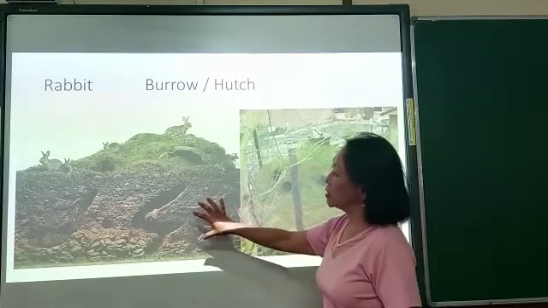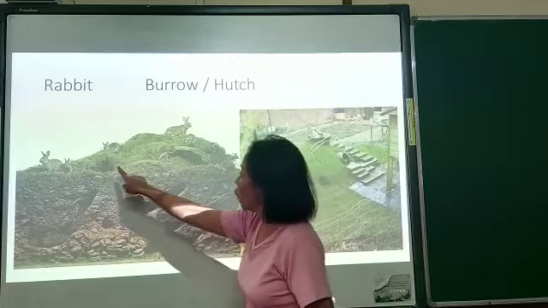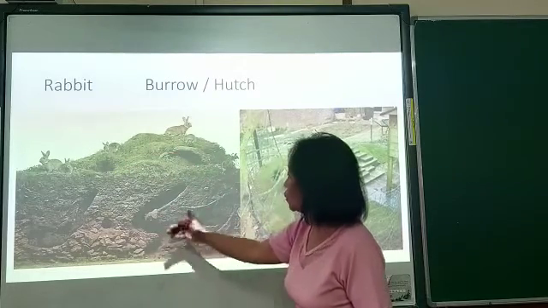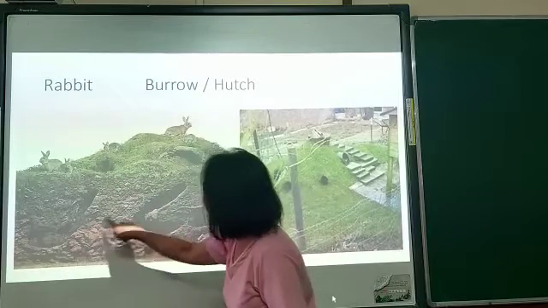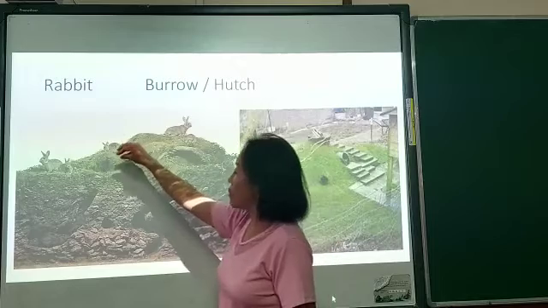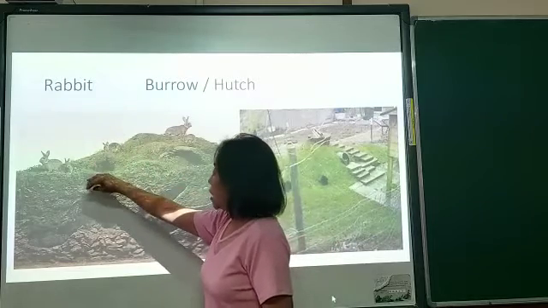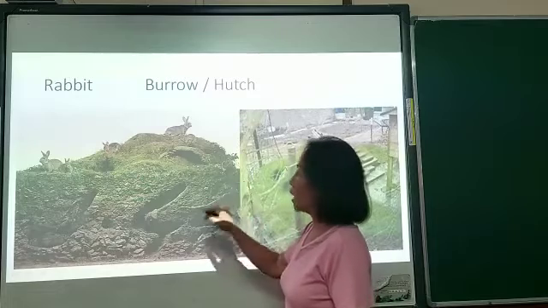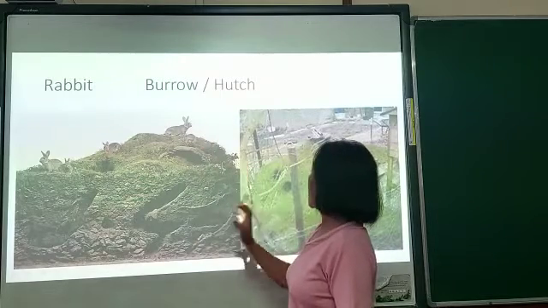So a horse, stable. Next one, rabbit, burrow or hutch. Now in the wild, the rabbit has a burrow like this, a hole. This is the cross section shown. When you see inside, the hole has many tunnels like this. In case another animal attacks the rabbit, it can run away from any of the holes. So rabbit lives in a burrow.